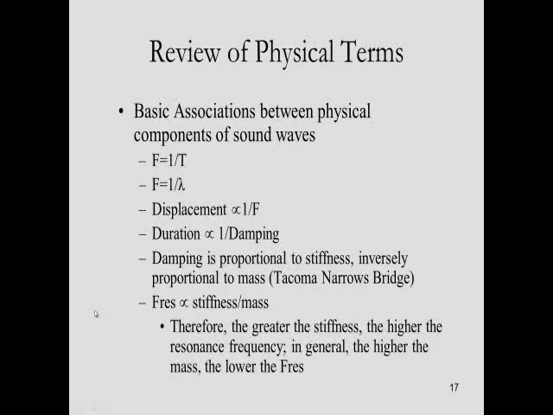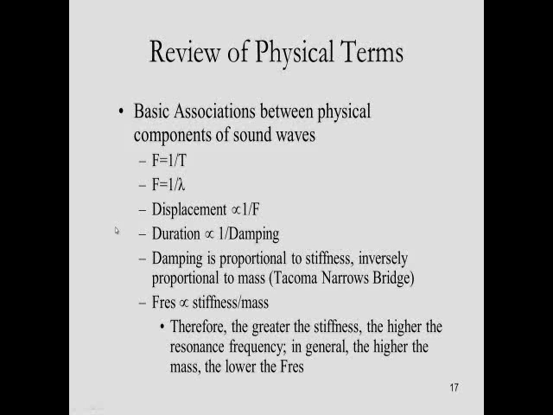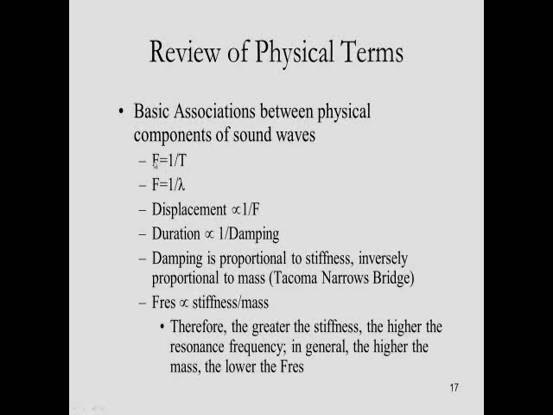So a lot of that information with respect to frequency and displacement and damping is summarized on this slide right here. Let me just walk you through some of these abbreviations. F is short for frequency, and 1 over T means 1 over the period of whatever that vibration is. So again, if I've got a frequency of, say, 100 hertz, that's 100 cycles per second. That means that each individual cycle lasted for 1/100th of a second. So the period and the frequency are inverses of one another.